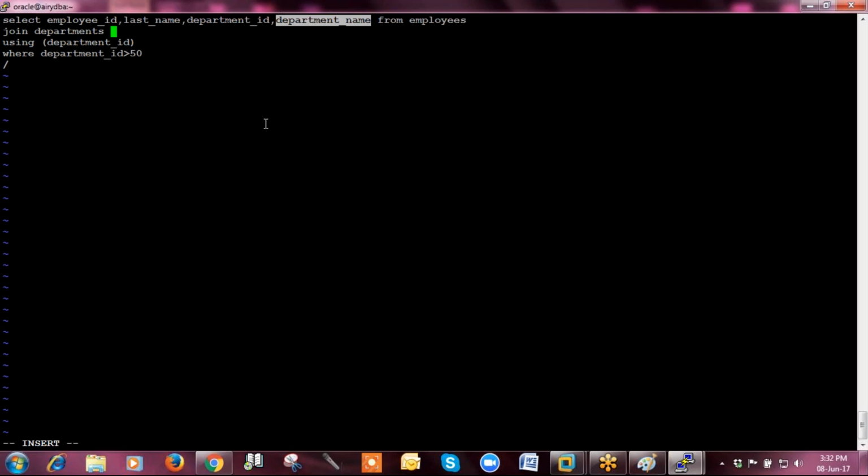So how will you do table aliasing? Previously we discussed column aliasing. Now we are going to discuss table aliasing. Just put another name. This departments table will be represented with D for this query only. The lifetime of this table alias will be up to the execution of this query only, and I will represent employees with E. Got my point?